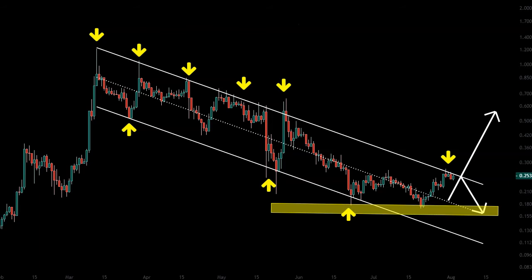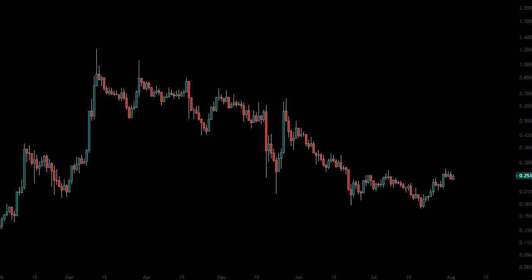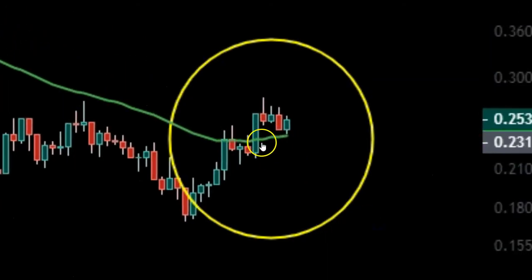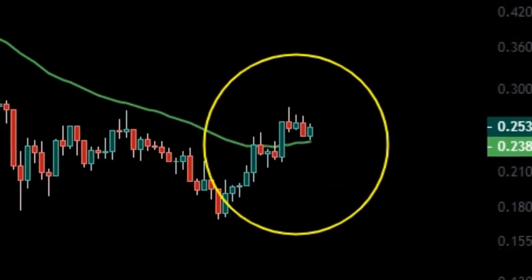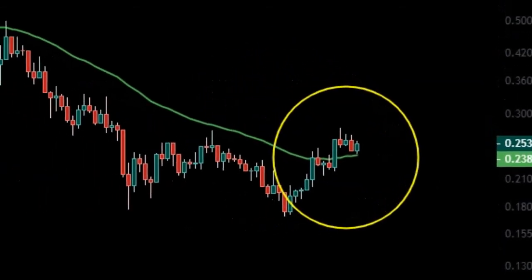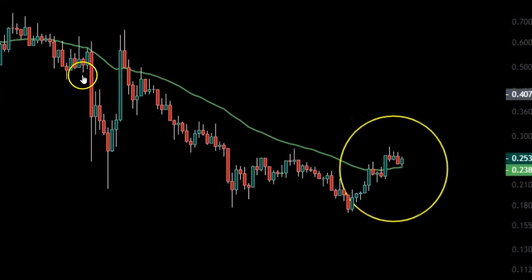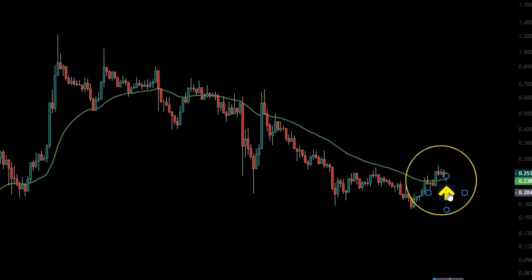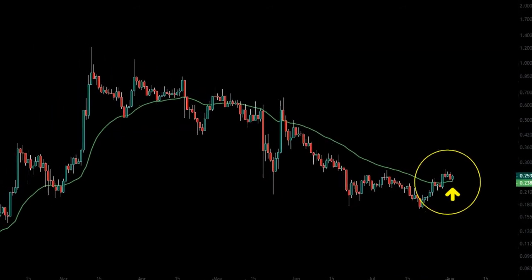If you're still not convinced by my story, yes, we had a few clues of a shift in the momentum. 34 exponential moving average, ladies and gentlemen. Check out what is happening right now. All this time we were marginally higher, but generally lower, below this 34. And what is happening right now? We are back above it. And not only that, but the most important thing, we are finding support on this 34 exponential moving average.